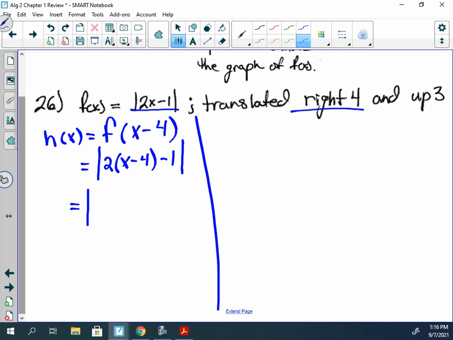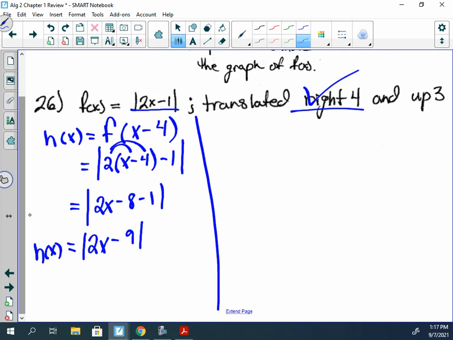What do we need to do next? We need to distribute the 2. 2 times x is 2x. 2 times negative 4 is negative 8, minus 1. And negative 8 minus 1 is negative 9. Okay, we did the 4 to the right. We have that finished. Now the only other thing is to do what? Move it